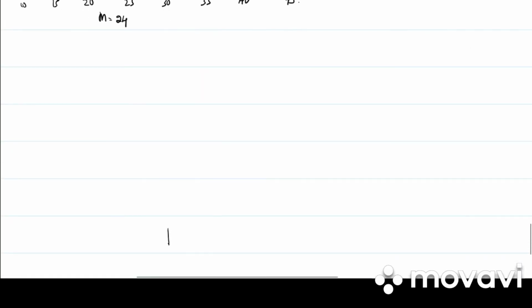So we are done with median. A small topic, that is merits and demerits of median, is remaining. So what are the merits of median? It is very simple to understand. It is very certain. Graphical representation is possible. We get the real value. So these are the merits of median. And what are the demerits? It is very unrealistic, lack of algebraical treatment and lack of representative characters.